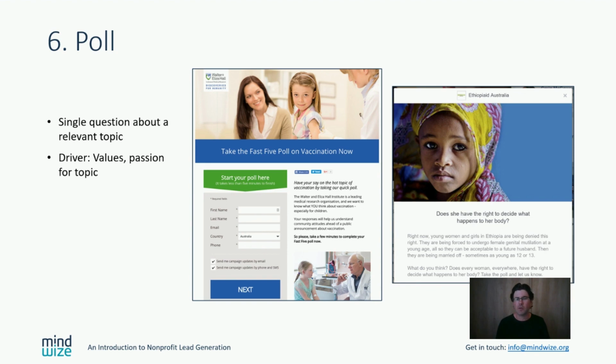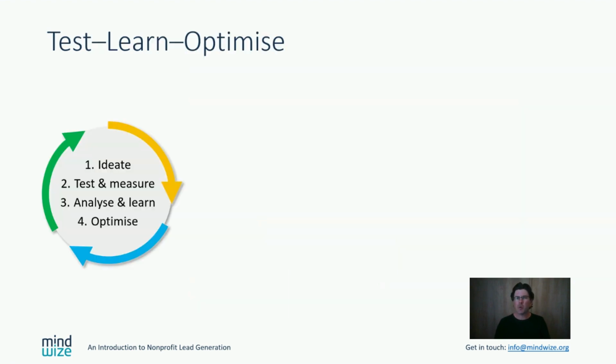There are many more, including send a message actions, games, share your story, or photo actions and others. It's really important that you explore a range of these different campaign types to uncover all the possibilities for your cause. Now I want to move on to a couple of final strategic points on building a lead gen program in a way that minimises risk and maximises success.